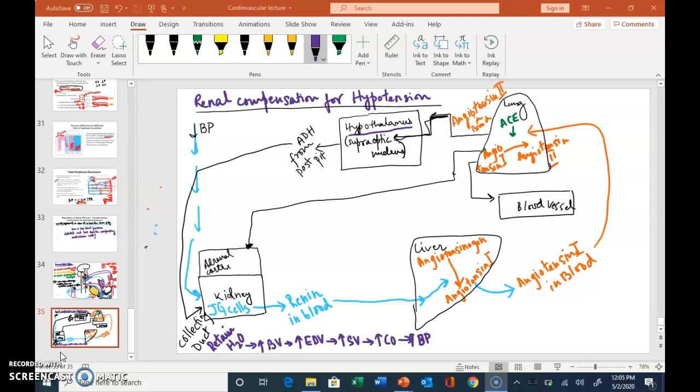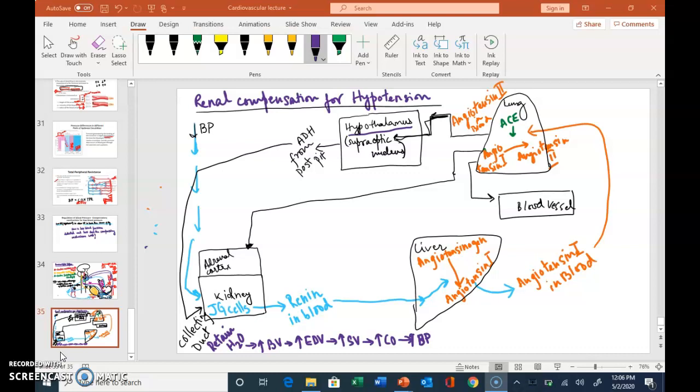Alright class, so in our last video we noticed that angiotensin 2 works on the supraoptic nucleus and causes release of ADH from the posterior pituitary, which then acts on the collecting duct, and the collecting duct in turn retains more water in our system, so we pee less and we have more water in the system. That increases the blood volume, increases the end diastolic volume, which eventually increases stroke volume, cardiac output, and ultimately increases blood pressure. Okay, the angiotensin 2